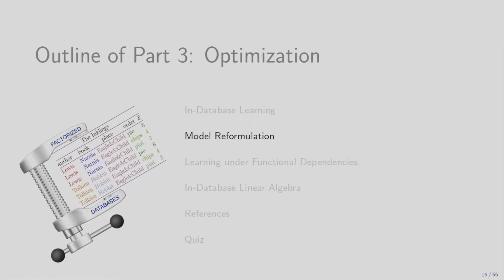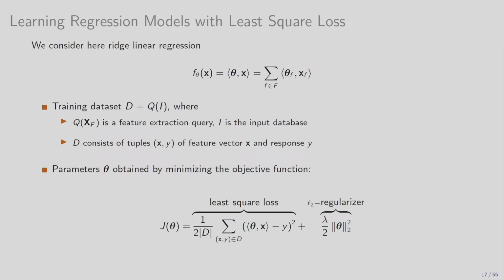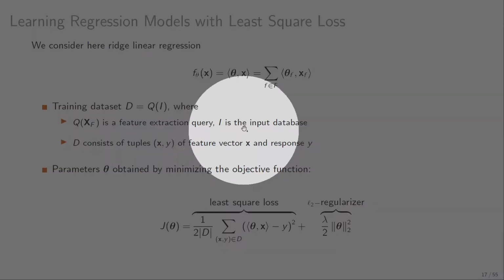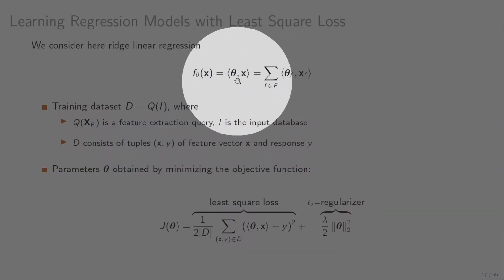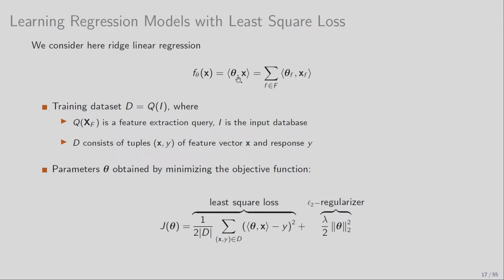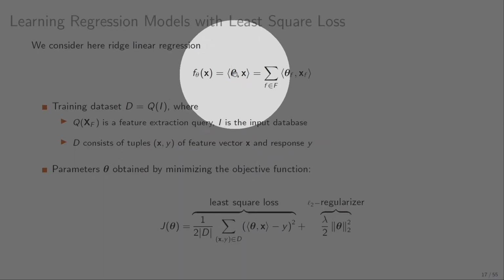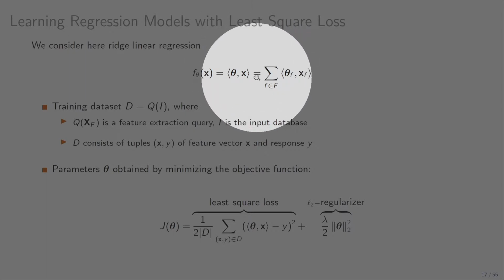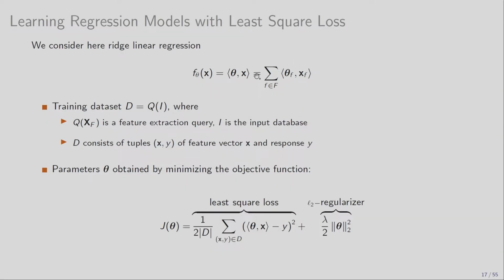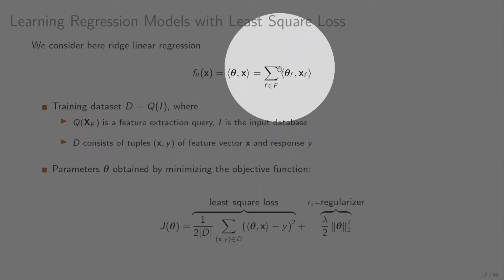Model reformulation. So here is a rich linear regression model. We would like to learn something like that. This is a linear function in the thetas. Thetas are our parameters. I write it here using this dot product form, which effectively means a sum of the corresponding theta with the corresponding x: theta_i x_i plus theta_{i+1} x_{i+1}, and so on. The x's are the features, the ones we get from the training data set, and the thetas are the parameters we want to learn. Here, I still leave it in this form.